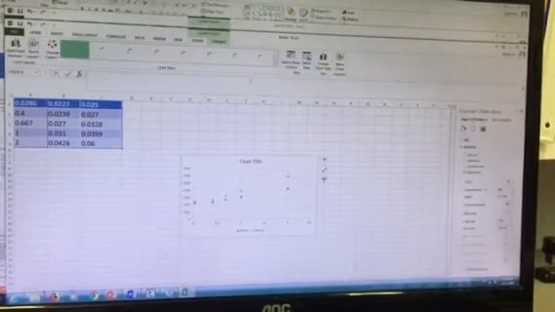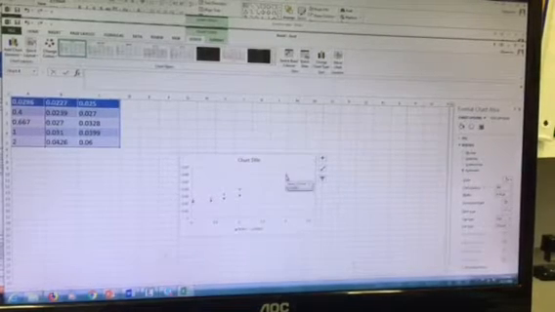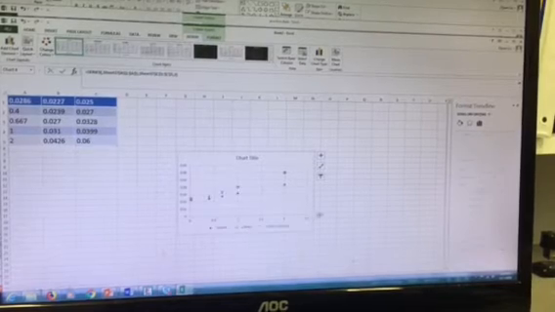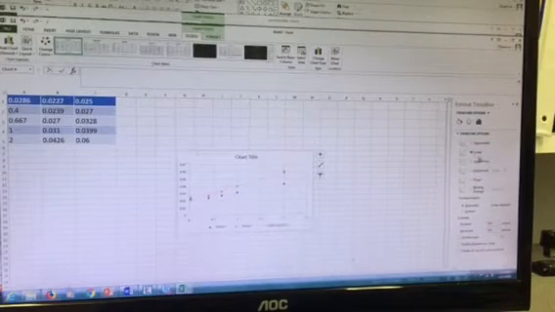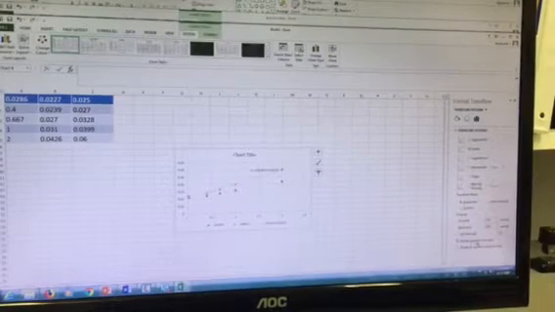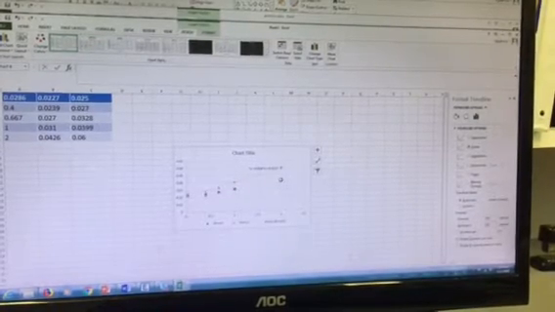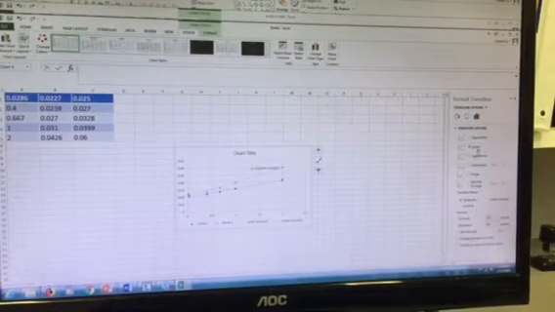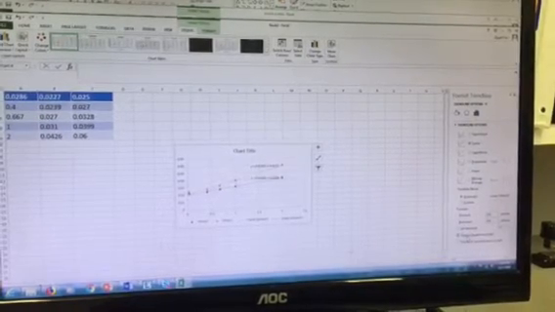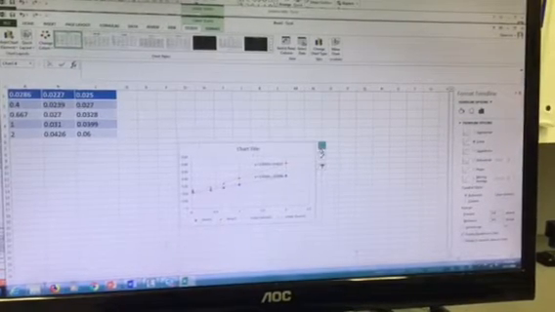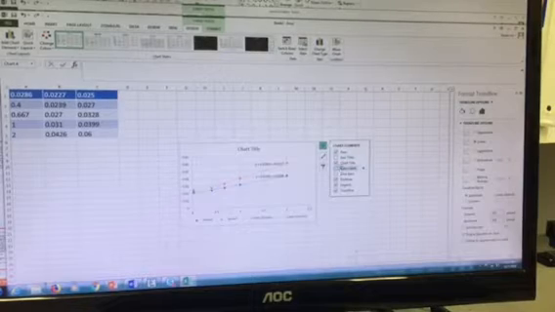select for a scatter plot, and first click on one of the dots, right click, add a trend line, and you want to make sure it's linear, and you also want to make sure to display an equation on the chart. You're going to do the same thing for the other dots. Make sure it's linear, display equation, and now we have the equation for both lines. You also want to make sure to add the titles,